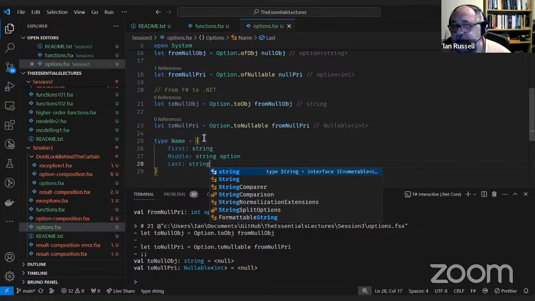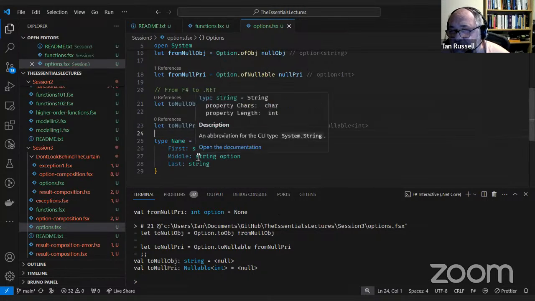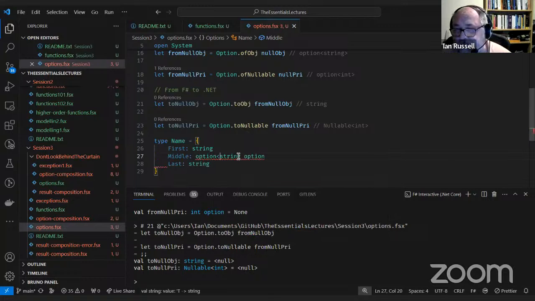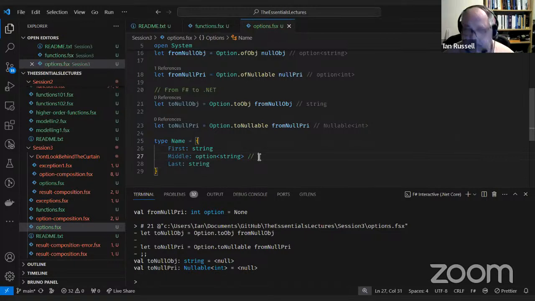And the last you have to supply. So you can do string option like this, or the other way to do it is the alternative syntax. It's up to you which way you do it. Doesn't make any difference either way. So you can use them for things that are optional values in that case.